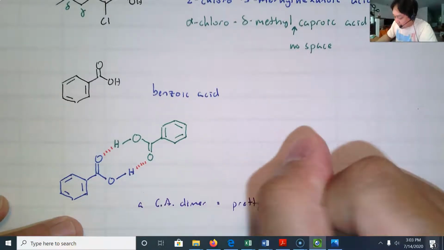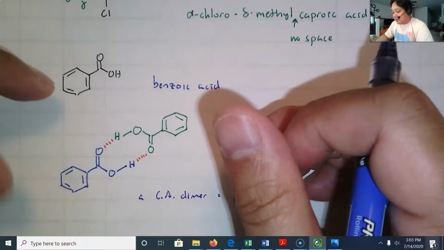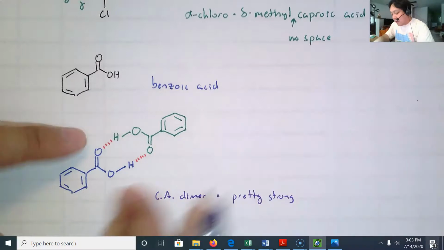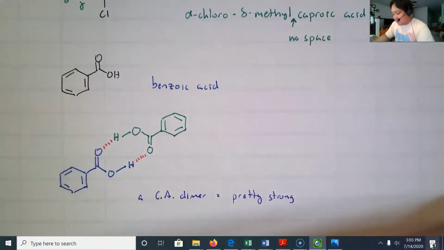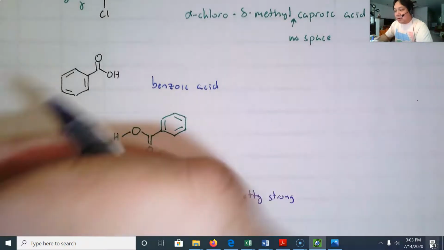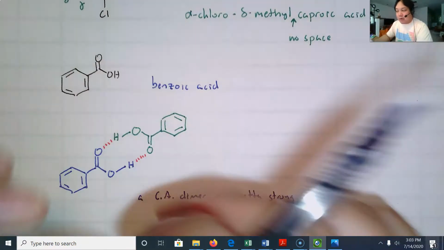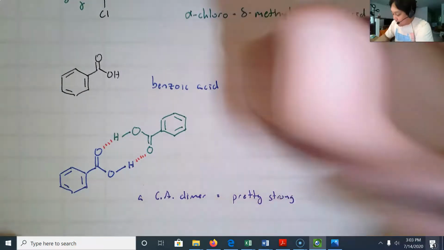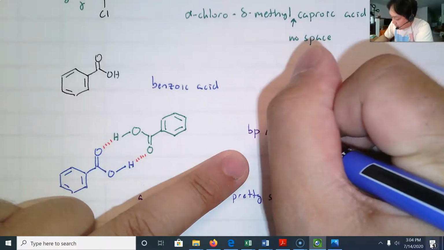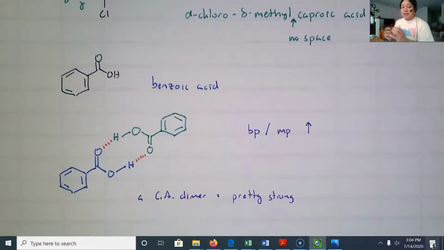It's not covalent strong, but when you have benzoic acid, even in the solid state, you'll have these hydrogen bonds. The thing is, we know that if you increase the molecular weight, with all things being equal, the boiling point or the melting point goes up. Let me write that for you. Boiling point or melting point goes up. They're harder to separate, and they need more heat to separate